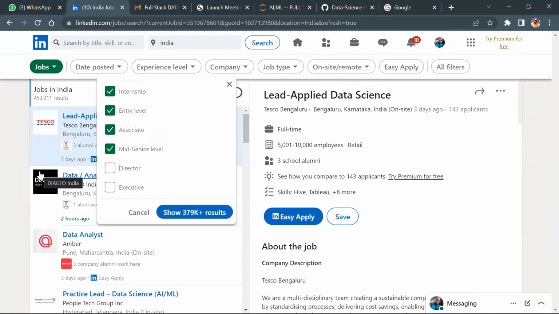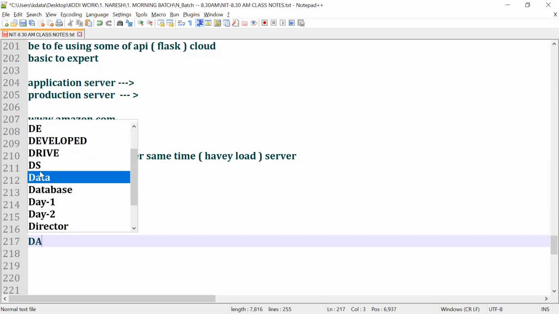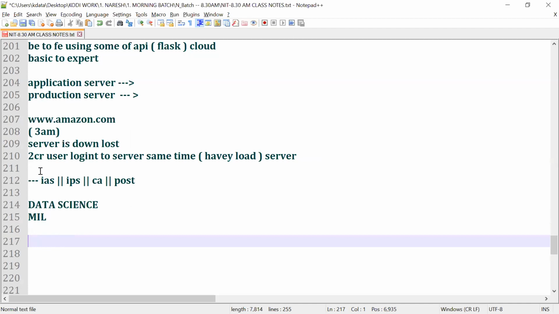You understand how much capability you have, because you guys are migrating from non-technical to technical. Let me tell you, data scientist is not a developer job. My dear students, please understand this. Are you getting my point? A good developer cannot be a data scientist. Understand? You need to have analytic skill.